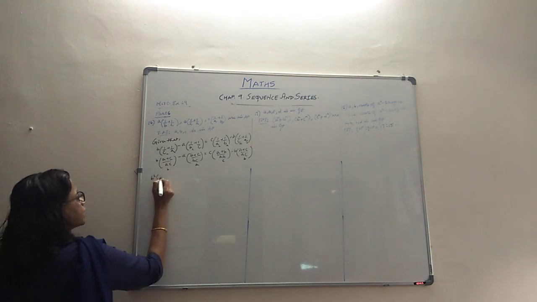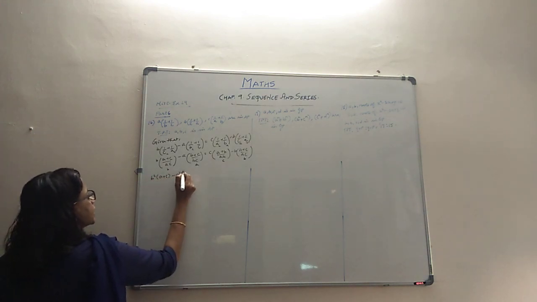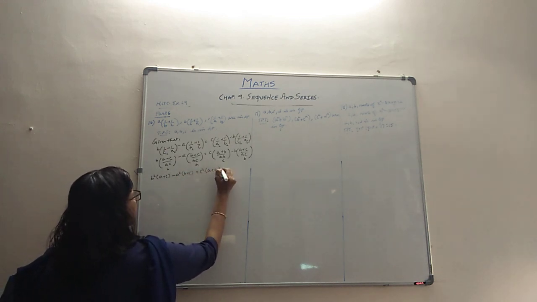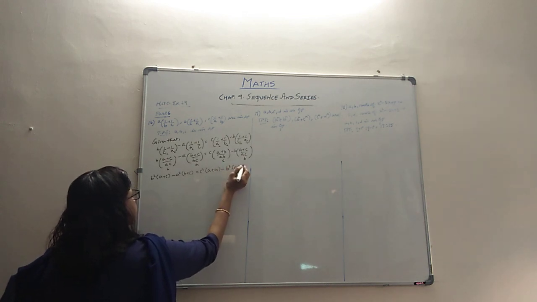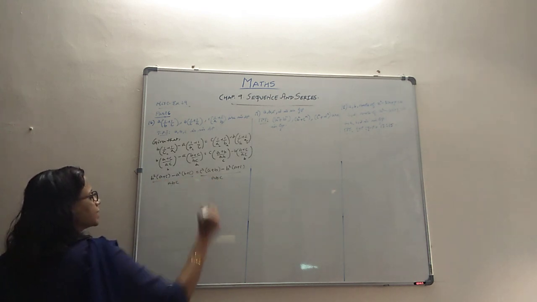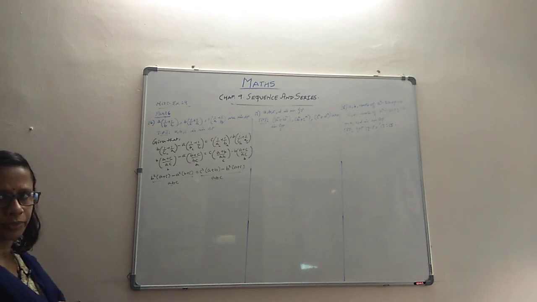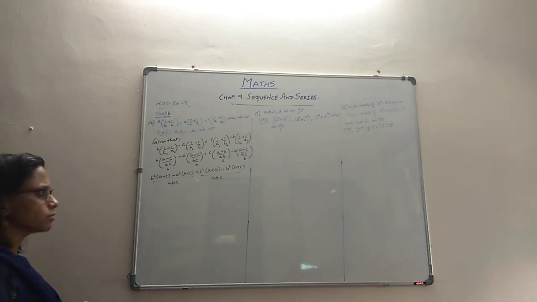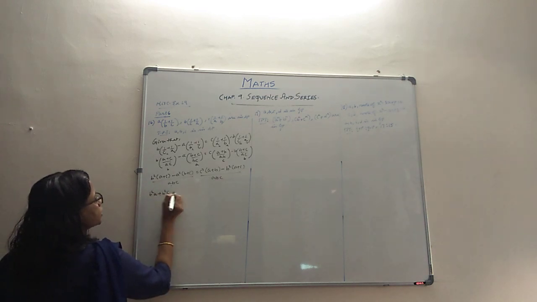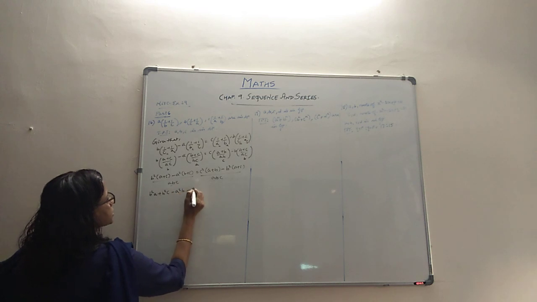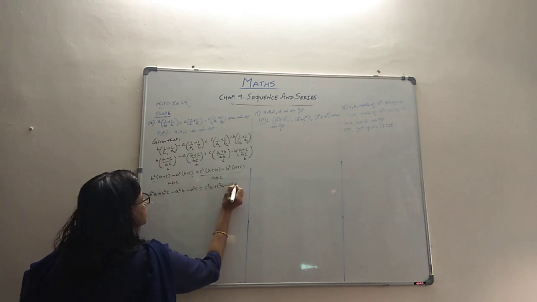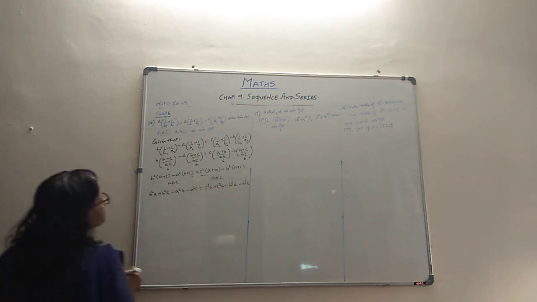So it's like B squared times (A plus C), minus A squared times (B plus C), then C squared times (A plus B), minus B squared times (A plus C), and they all have a common denominator of ABC. That way these can get cancelled and we are left with only the numerators. Let's open up and solve. That's the only way out. So B squared A plus B squared C, A squared B minus A squared C, C squared A plus C squared B minus B squared A minus B squared C.